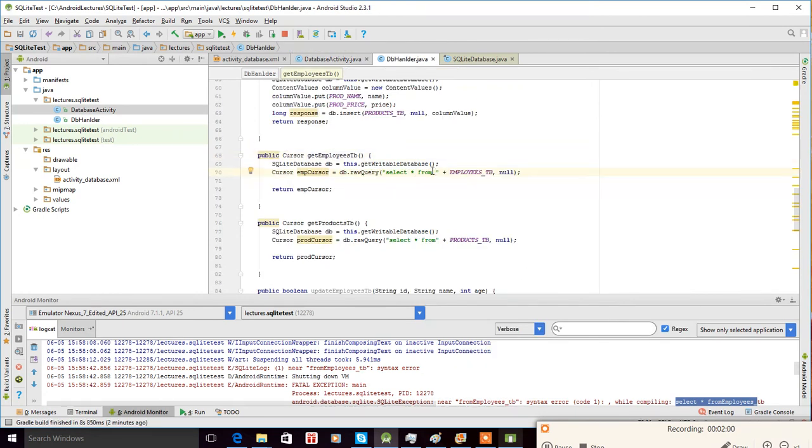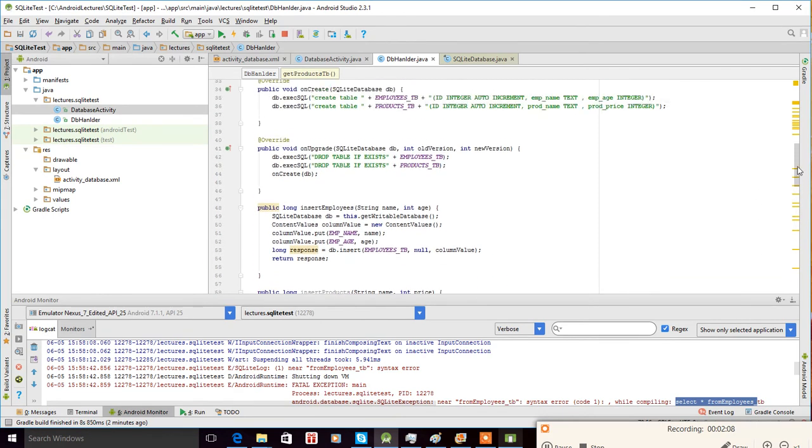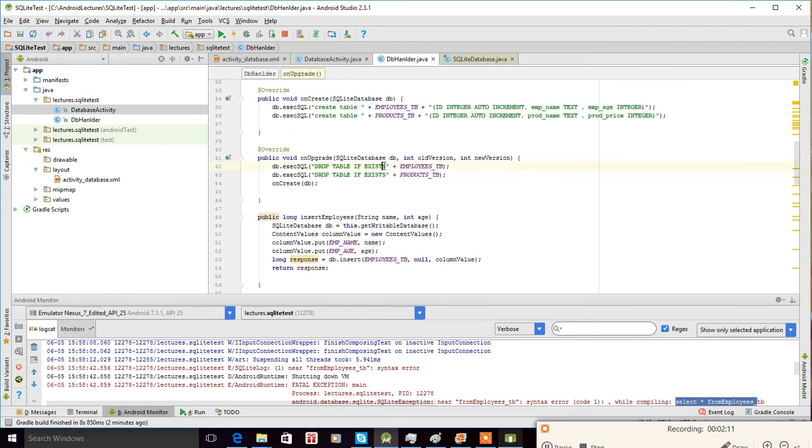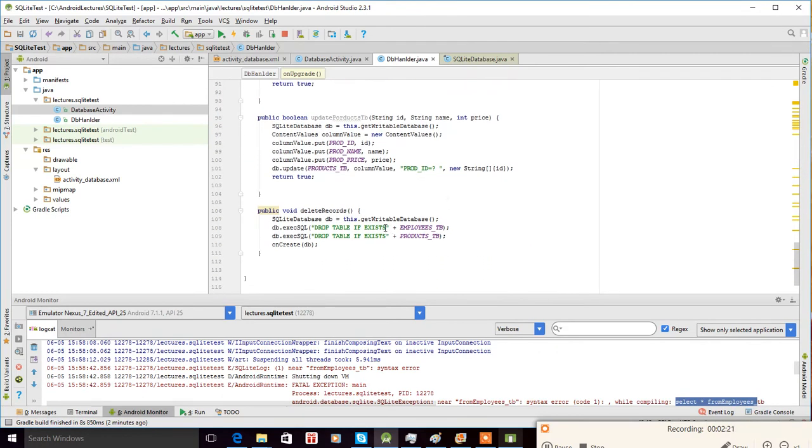Just press a space. Okay, let's see if we have the same problem everywhere else. Yes, in the get product table as well we need a space. Good. Okay, here also we need a space, sorry, between exists and the table name in our query. And where else do we need a space? Yes, when we delete our records, here also we need a space, and then we can press Control S